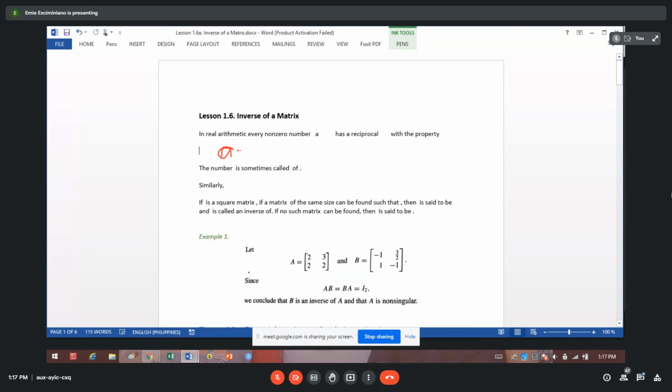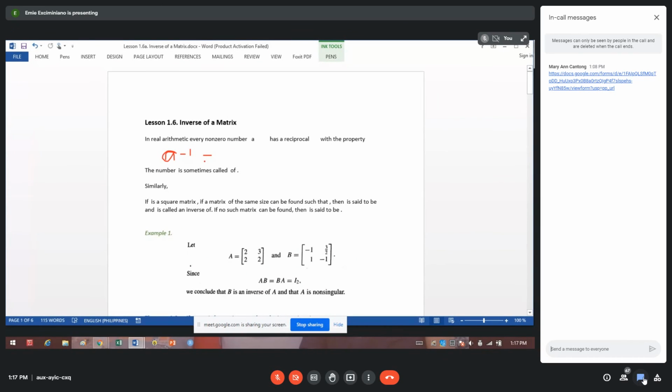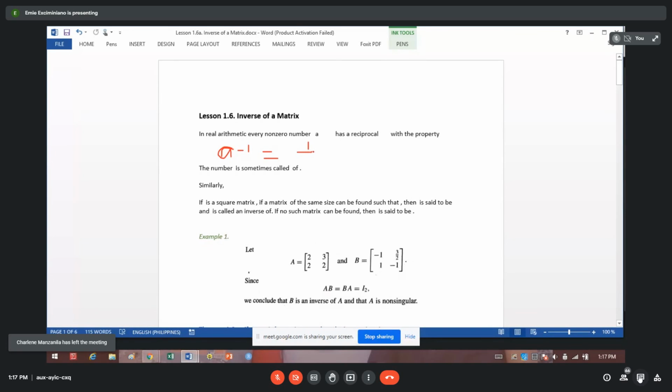If A has a reciprocal, it can be denoted by A raised to the negative 1 power. Okay, so this is equal to yung customary notation ng reciprocal of A, which is 1 over A. Ayan. It's 1 over A. Yan ang reciprocal niyan. Okay? And then,